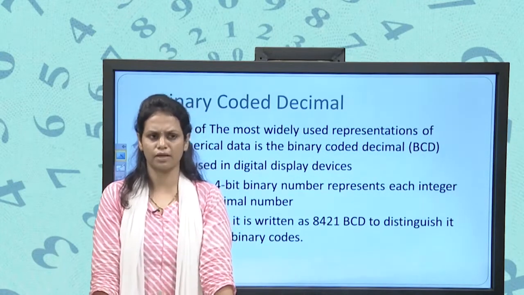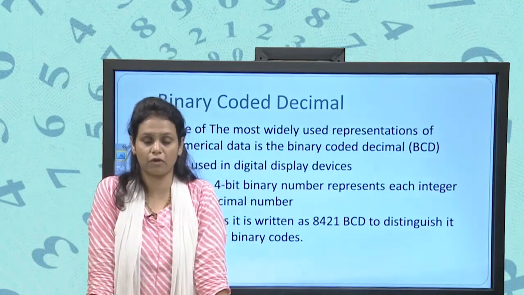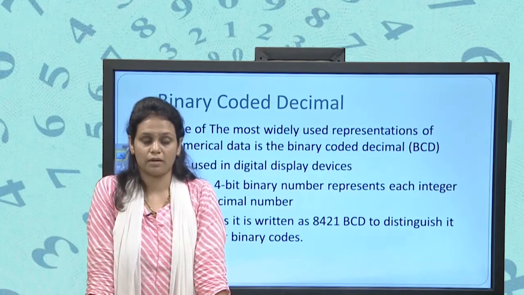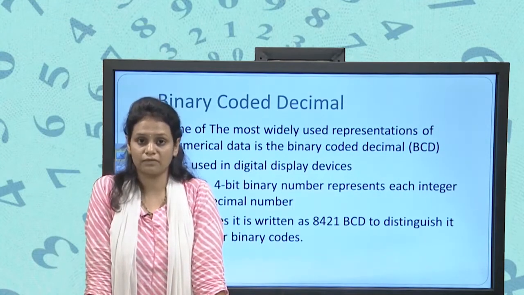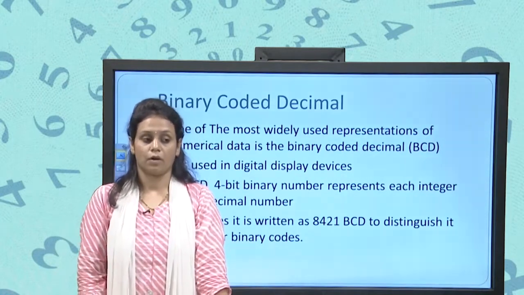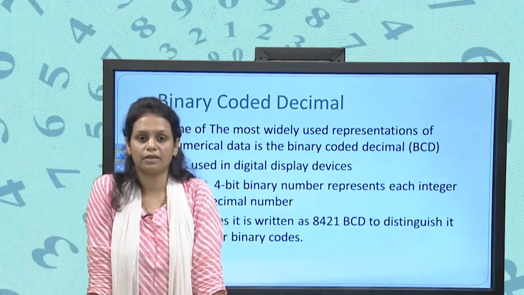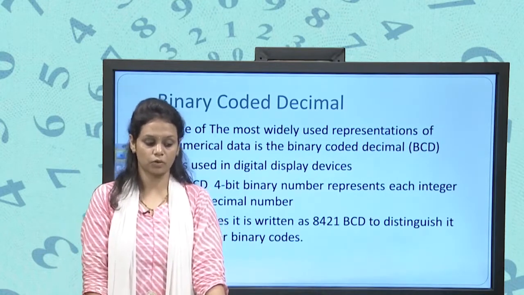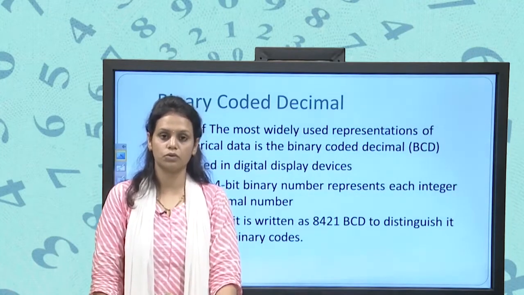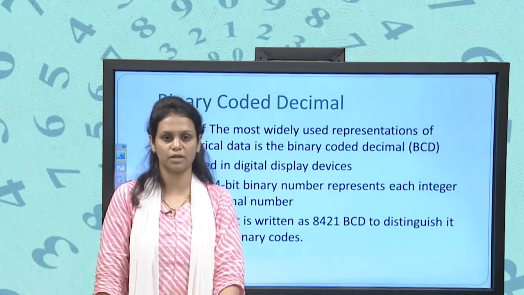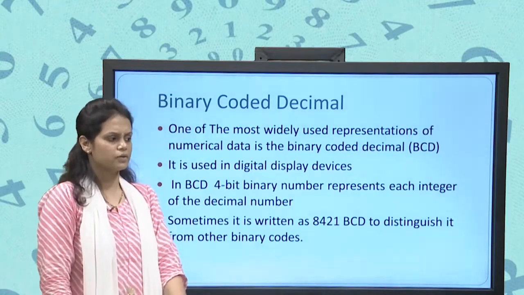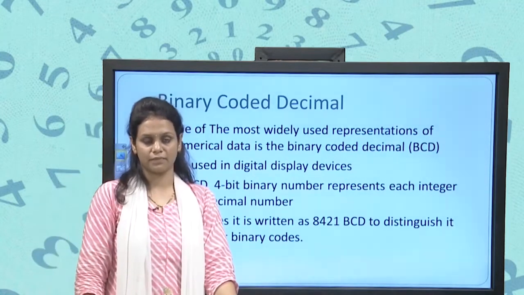In the decimal system we can use a sign for negative numbers, right. Suppose we want to display 5, but suppose we are writing -5, then first we will use one sign, that is for the negative, and then we will write the 5. But what is the scenario if we are working with binary numbers? So that introduces the 2's complement. 2's complement is used to display negative numbers in the binary system. Fine. This is about the last some lectures. Also we have seen the fractional number in the binary system, right.